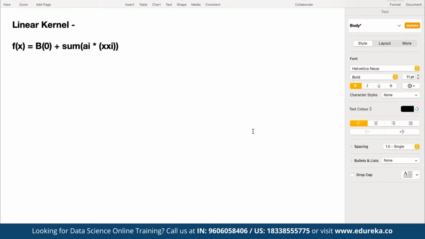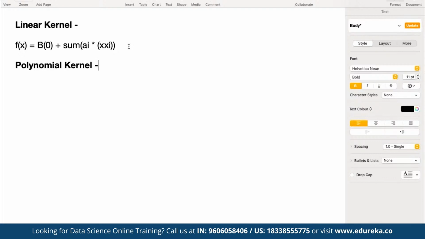This one is for linear. Then we have the polynomial kernel. So what is the polynomial kernel? The polynomial kernel is a more generalized form of the linear kernel, and it can distinguish curved or non-linear input space.